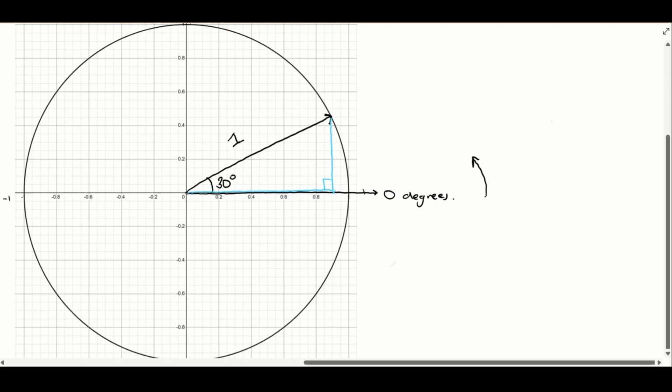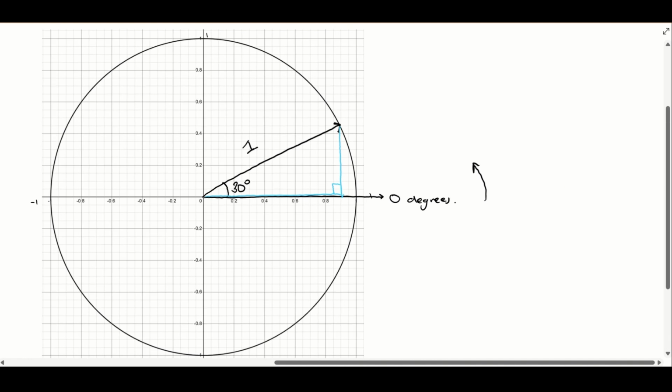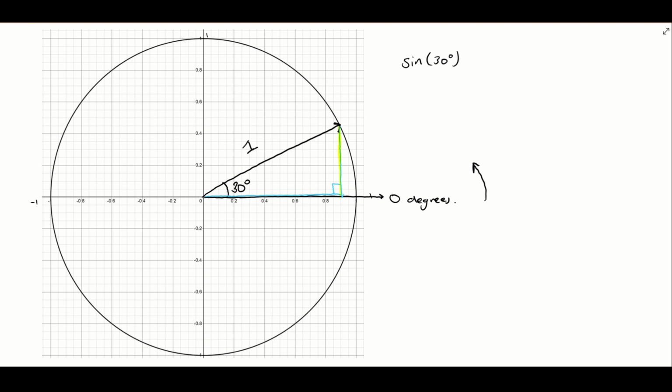And remember what we said earlier. If I want to guess what the sine of 30 degrees is, I just measure how long this side is over here. I measure my opposite side. So this is the side opposite to my 30 degrees because sine is equal to opposite over hypotenuse. And my hypotenuse is 1, so it's just the length of that opposite side. And if I want to measure the length of that side, I just come over here to my y-axis and look at how long this side is. Well, it's about,